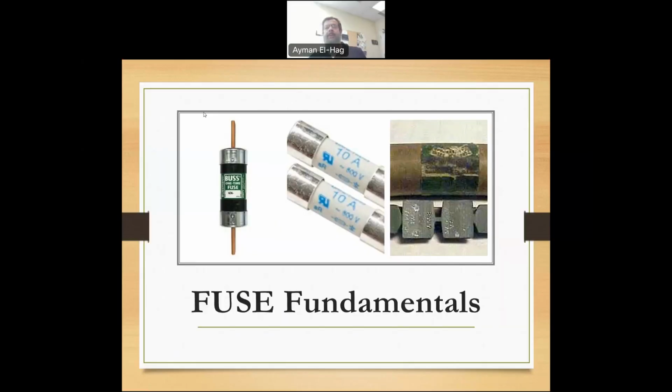Everyone, and welcome to this video about the fundamentals of the fuses that are used basically to protect the distribution system. I will talk about the basic fundamentals of the fuse, how it works, what the ratings of those fuses are, and then I will end my presentation with a simple demonstration to simulate for you the two functionalities